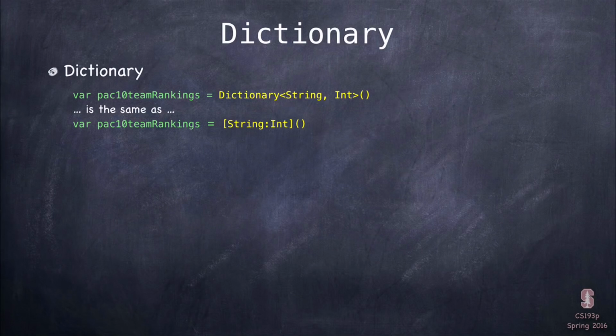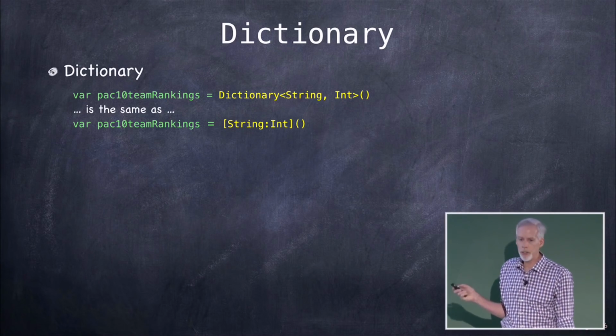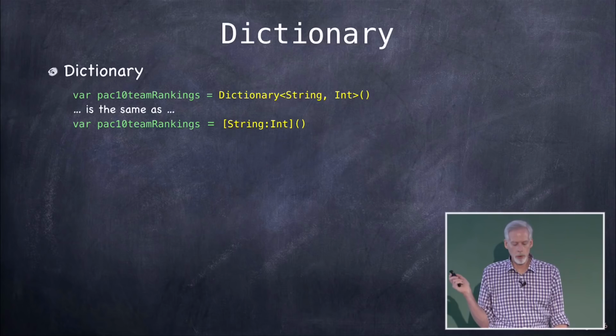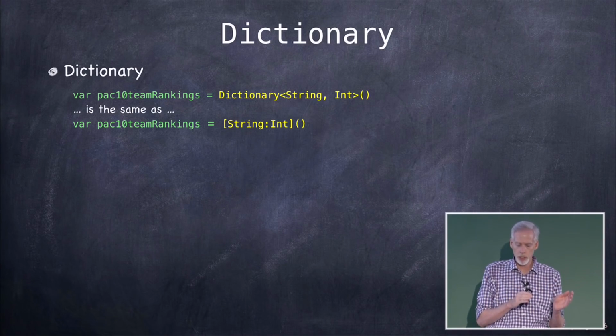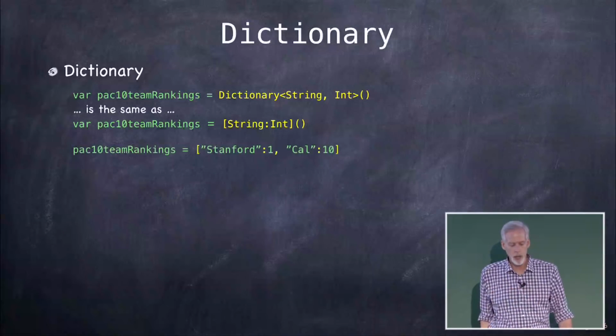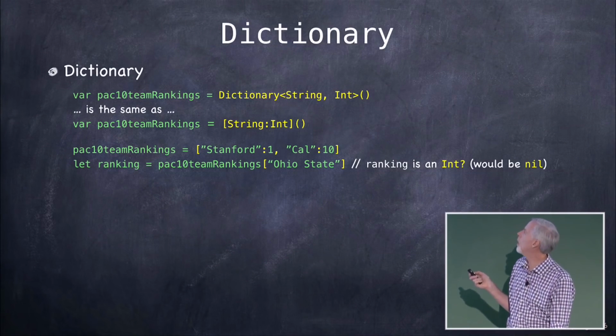Okay, dictionary. A dictionary, similar to an array, is just looking up keys and values. Again, we're going to use this more informal kind of syntax. Open square bracket, string, colon, int, close square bracket means the type dictionary where the strings are keys and ints are values. So if I had Pac-10 team rankings here and I had Stanford number 1,